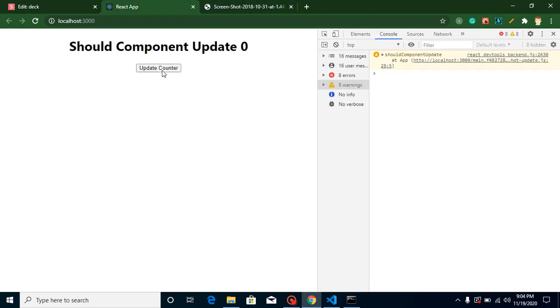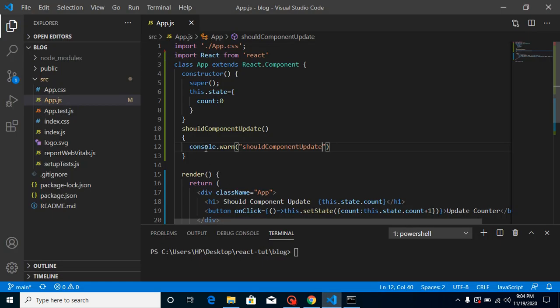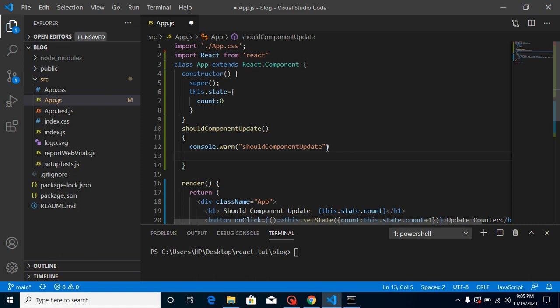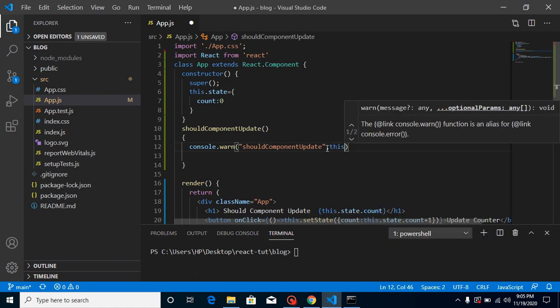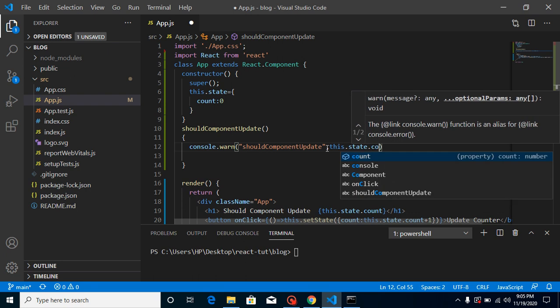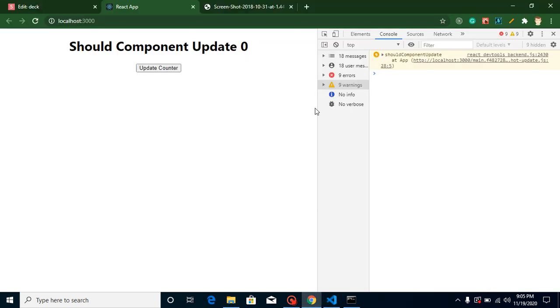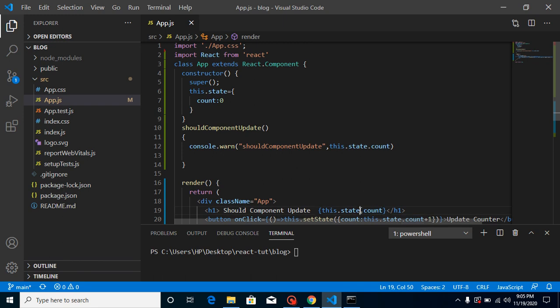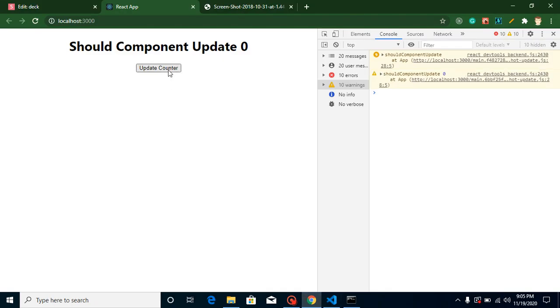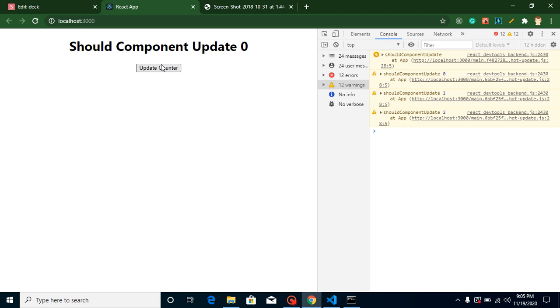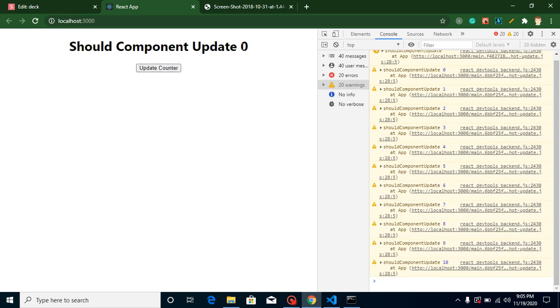So this is being called, that's great, but why is our state not updating? Because by default shouldComponentUpdate returns false. That means our component should not be updated. If I print the state here, so that I can check whether the state is actually updating or not, you will find that the state is updating, but our component is not updating, and that's why render is not working and the current value is not printed here. So you can see that the state is updating, right? But it is not displayed here.